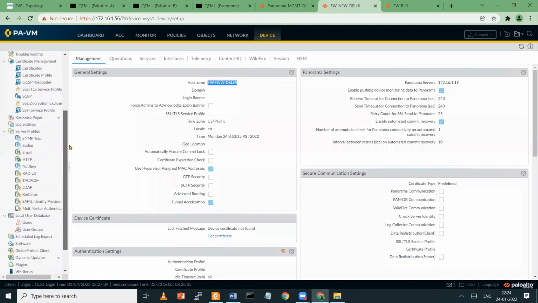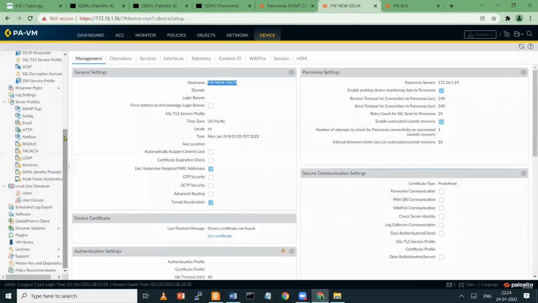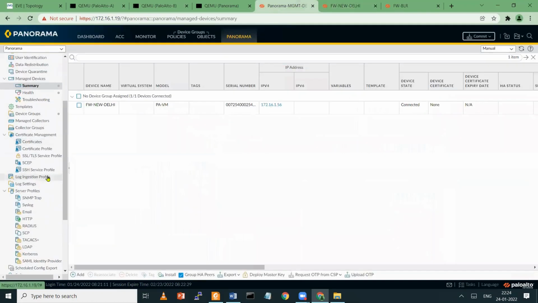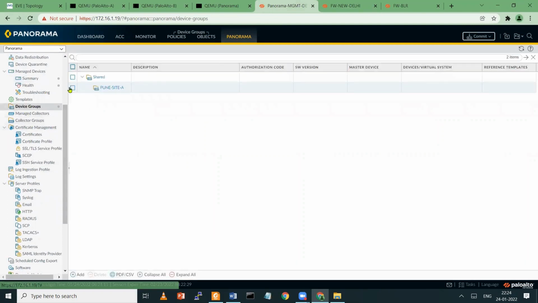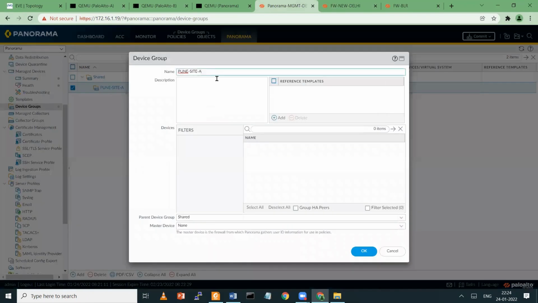So come to here on Panorama and under device group, you can change the name simply. New Delhi location.